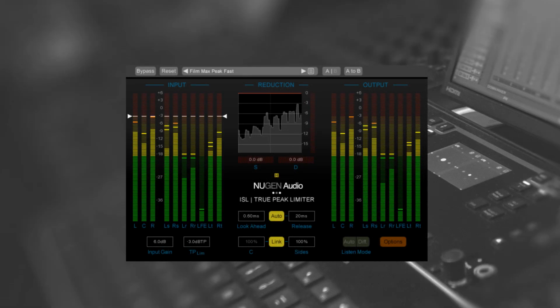Let's talk about using NewGen's ISL True Peak Limiter and SEQ-S Match and Morph EQ as part of your surround workflow. ISL and SEQ-S are both part of the Surround Suite bundle, which also features Halo Upmix and Halo Downmix. For more information about those two plugins, you can check out an introduction to Halo Upmix and Halo Downmix linked